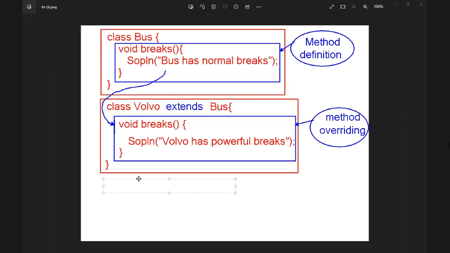Also, I want to write one more class called class red bus extends bus. Just an empty class.